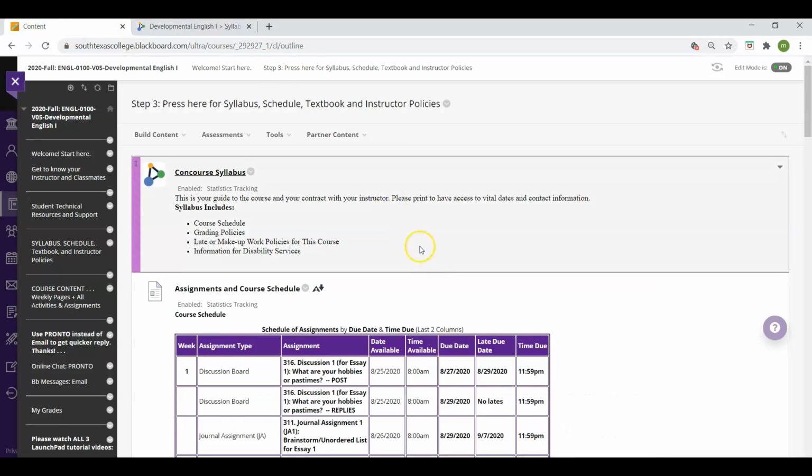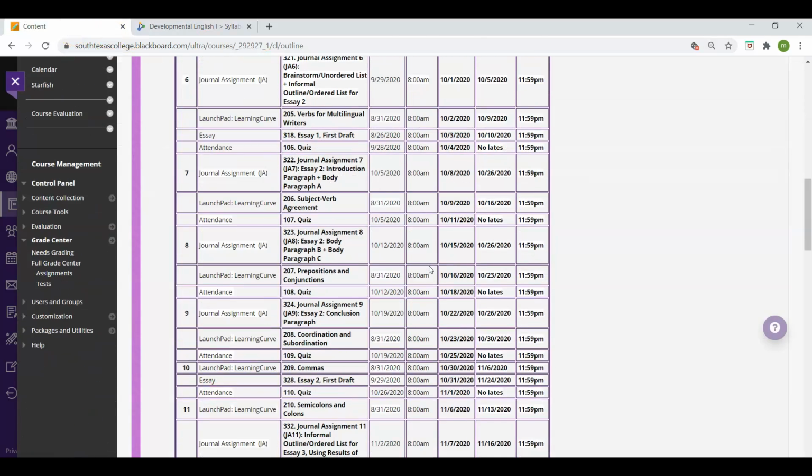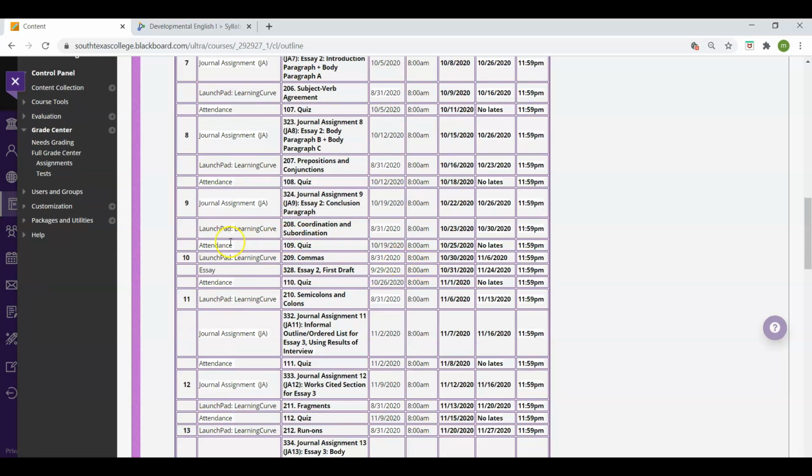There's also another thing over here that's similar, but in a more reduced form. On week 10, you can see that's the week when essay number 2 first draft was due on the 31st of October. We're talking last month. But I extended the late deadline to November 24th, which is next week. Again, I should be careful when I say next week, because I'm making this video on November 21st. Again, don't get confused.